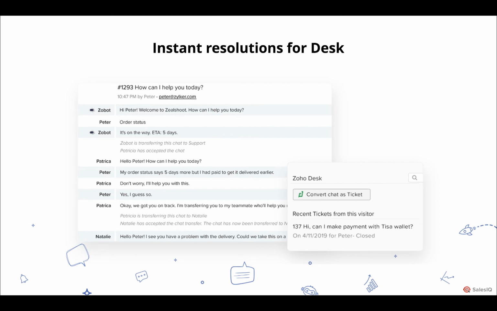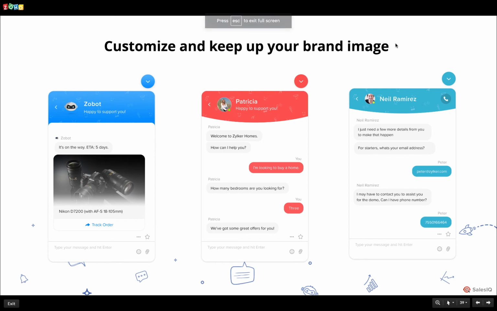As for product and customer success teams, they use Zoho SalesIQ to reach out and to have live conversations with customers. They can also onboard and engage them with the live data available. So you can also make customizations and keep up your brand image. You can make your brand image reflect on your chat widget. So do you see this? These are a few of the different appearances that you can set